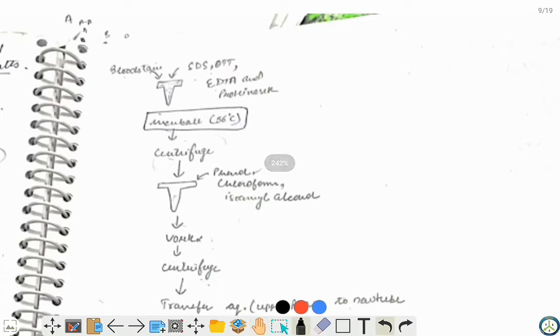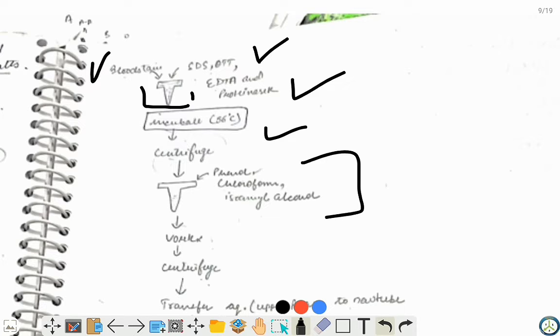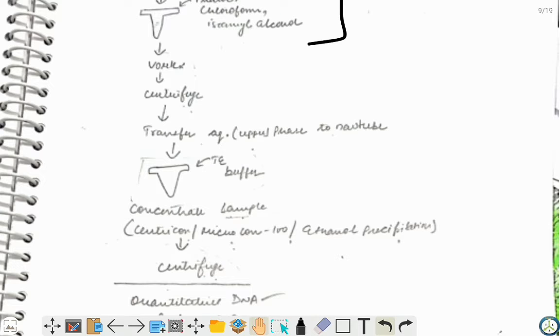First of all, we have a sample in a vial. Then we have to add the blood stain, SDS, DTT, EDTA and proteinase K, which performs the first step, that is cell lysis and tissue disruption. Then we incubate at 56-degree temperature, then centrifuge. We add the phenol chloroform isoamyl alcohol, then vortex and centrifuge, and transfer the upper portion, that is the aqueous portion, to a